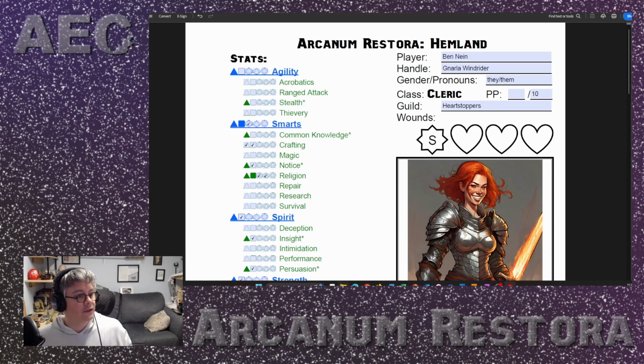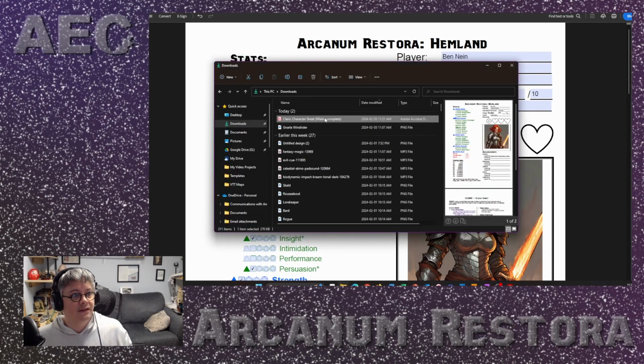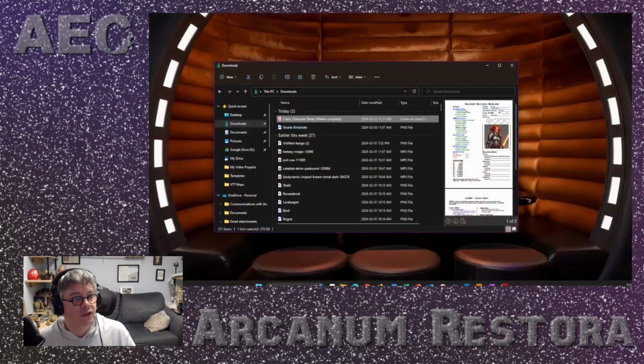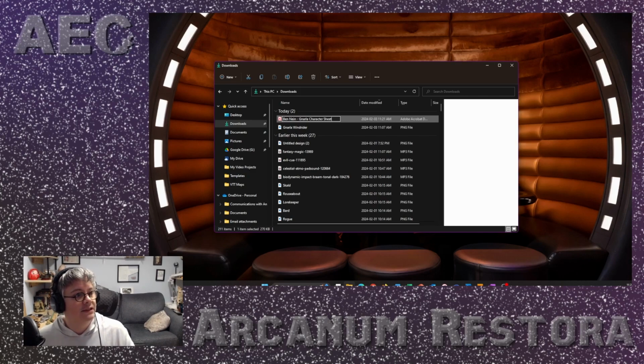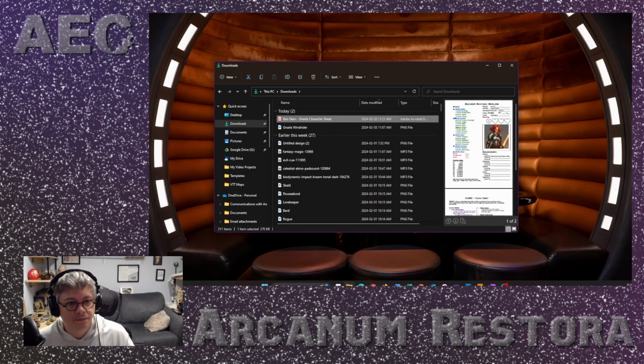Now that it's saved, I'm going to open it up and go to here. It's filled. It's complete. I'm going to close Acrobat, and I'm going to change the file name. I'm going to call it Ben9 because that's my name, and I want to make sure that the teacher knows whose sheet this is. And I'm going to put in my character's name, just the first name to save space, and then character sheet. And then we have everything we need. Your character sheet is done and ready to turn in on Google Classroom.